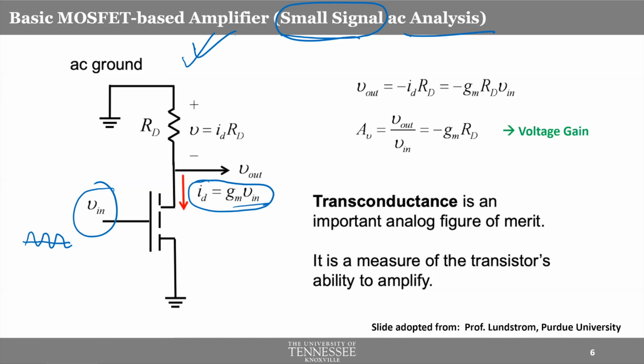We will see that. By the way, we will take the output from this drain terminal. This is the drain terminal. We will take the output from here. Now, using simple KCL, you can see this drain current will be flowing through